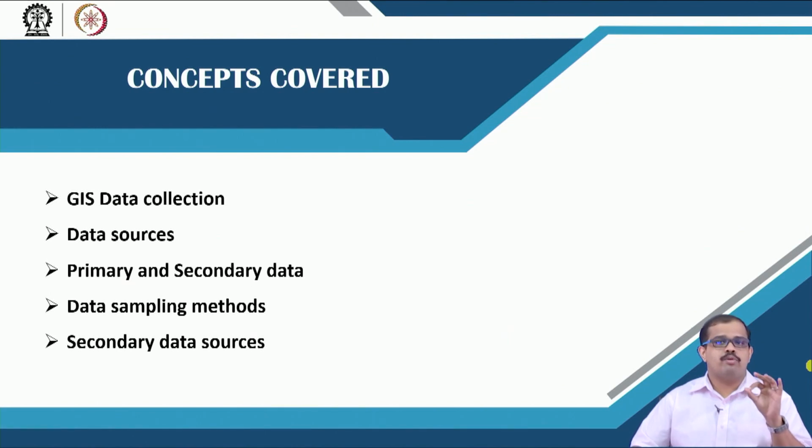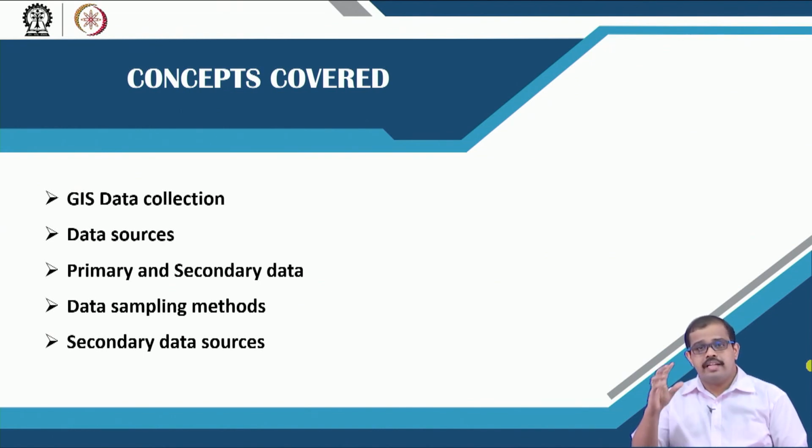This is where most of us make a mistake. We do not consider definitive sampling methods. We only understand that if this is how it goes, then the sampling can be done, but we should look at how the data is collected in a proper way. Data sampling methods are extremely important, and the way it is collected, the way you understand your process, makes it a different model. Then finally, how to handle secondary data sources, we will also look at in these slides.